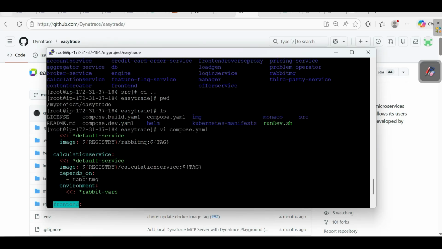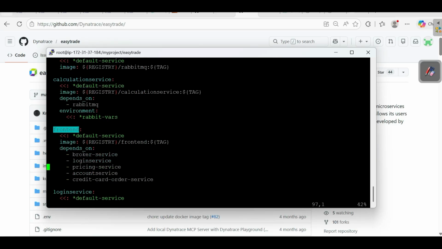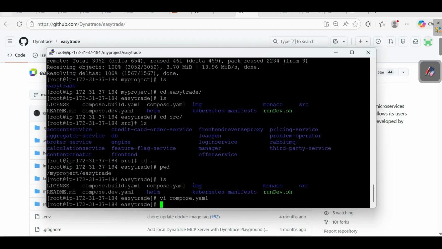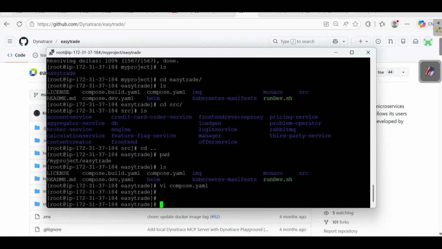Same like that, each and every service depends on some other service. Here, if you see the collocation service, whenever it is coming up, it depends on RabbitMQ. So once RabbitMQ comes up, then only this service will come. All these details we defined inside the compose.yaml. Now, if you want to deploy our application,